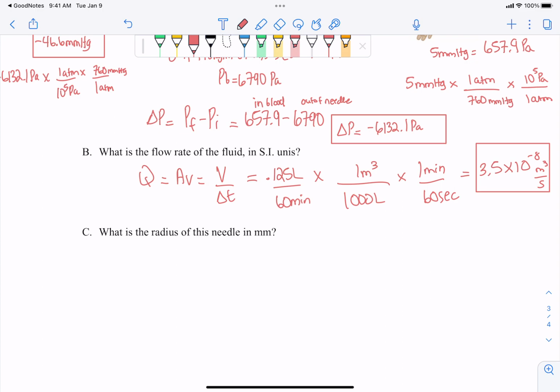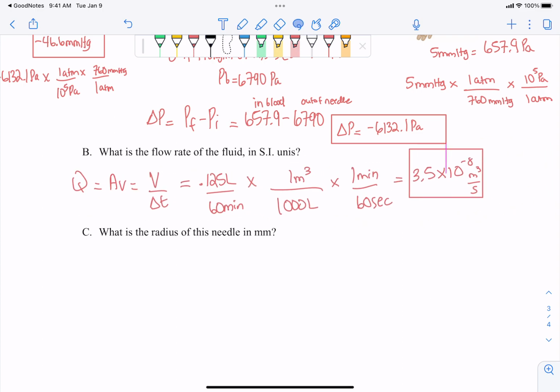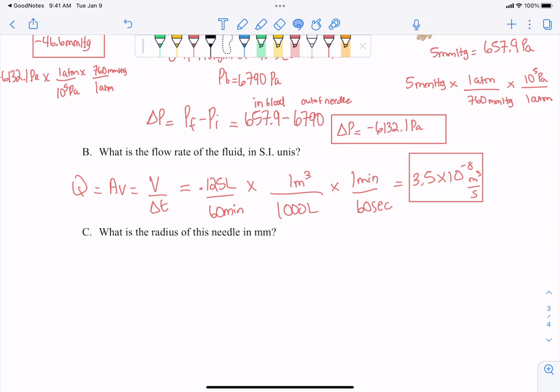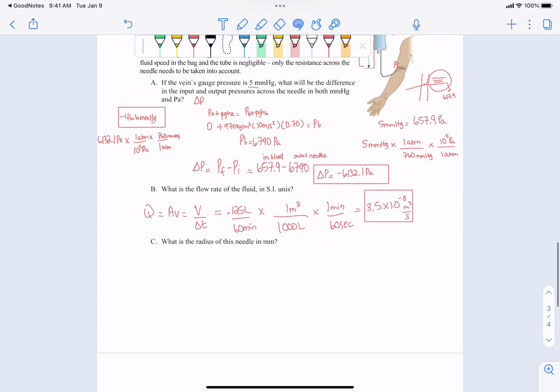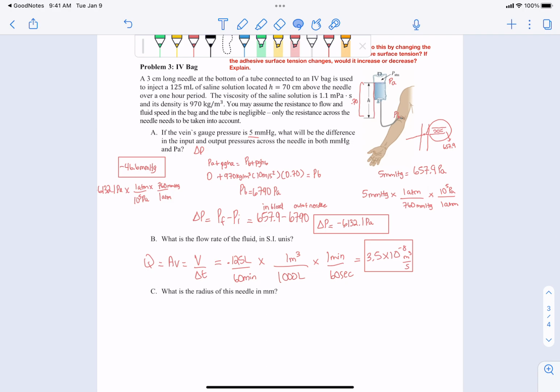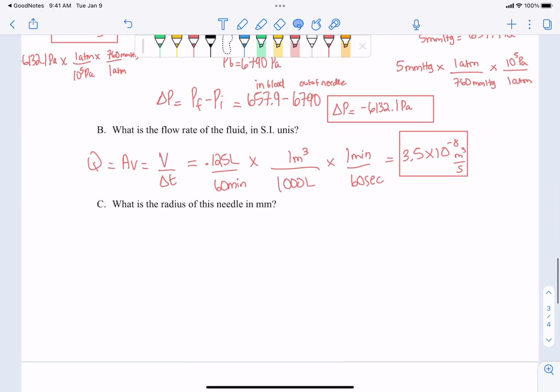Makes sense for the flow rate? Yes? Okay. But yeah, that's just volume over time. So they injected 125 milliliters over a time period of 1 hour. Now part C,